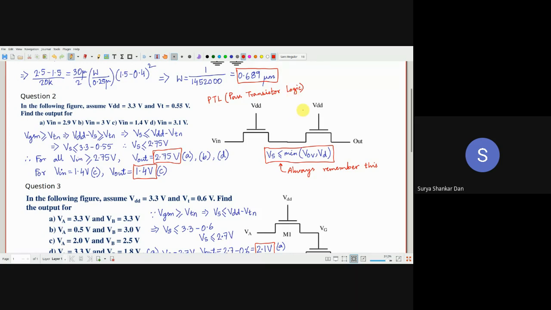Perfect. So what is the problem with the PTL? Please switch on your microphone and just discuss. In physical classes, I would have asked you directly. So we have to add NOT gates to pass the negative inputs. No.